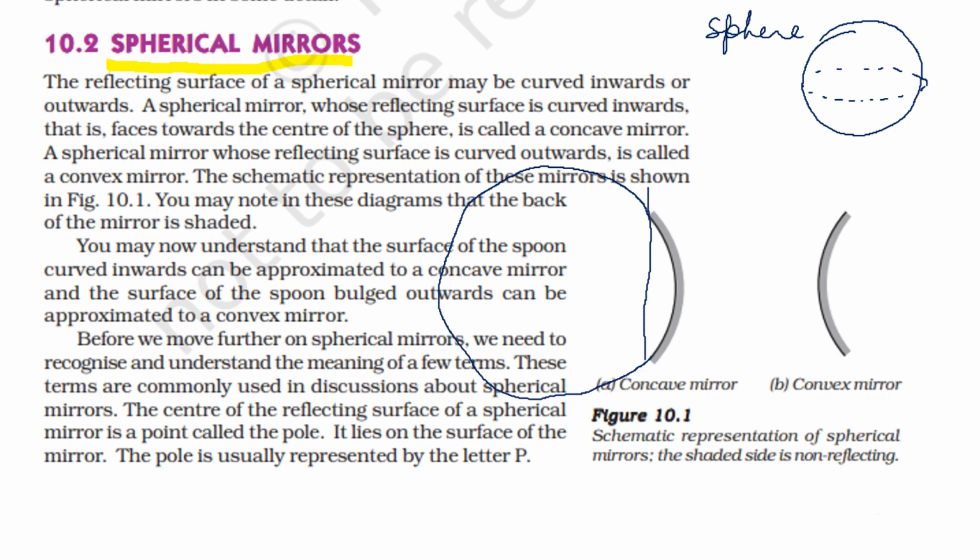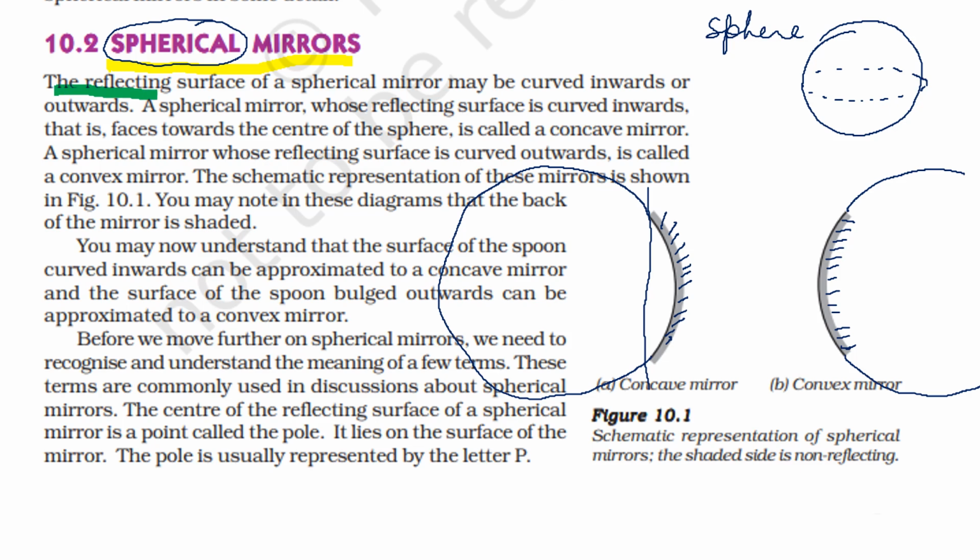and this part, and I'm polishing the outside part. Now this is your concave mirror. Now this part, when you form a complete sphere, and we are polishing the inside part, this mirror is called a convex mirror. Okay, that's what I wanted to tell you, how the concept is coming, what is the meaning of this word spherical. Spherical means the mirror which we are talking about is actually a part of a complete sphere.